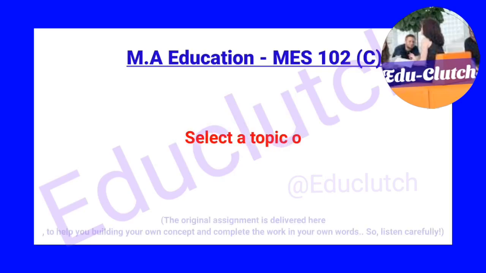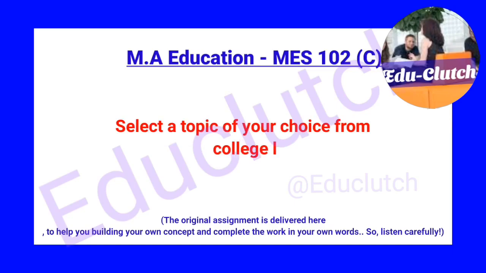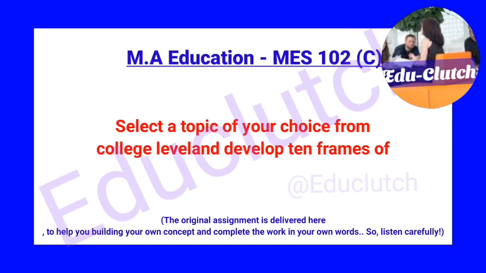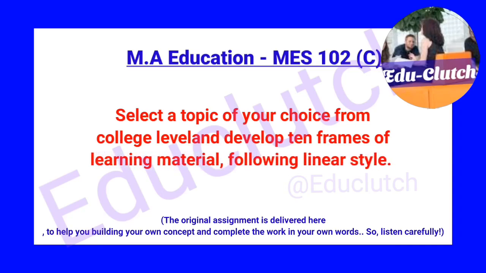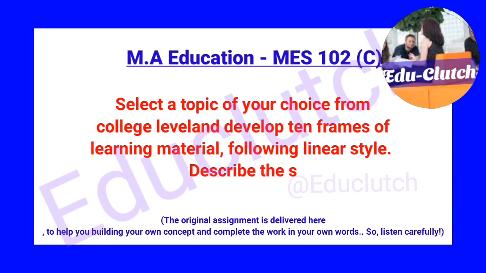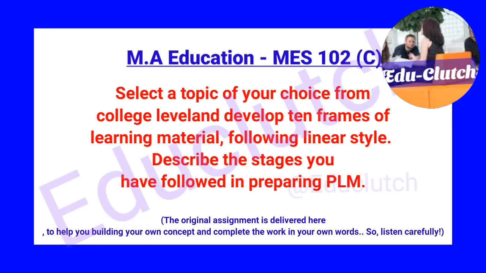The third assignment is: select a topic of your choice from college level and develop 10 frames of programmed learning material following linear style. Describe the stages you have followed in the development of PLM. So here the answer could be in your own choice. Suppose I'm selecting this topic: factors responsible for low learning output of higher education students, right? So as in linear programming, firstly we need to select the topic that we did, and this in itself is